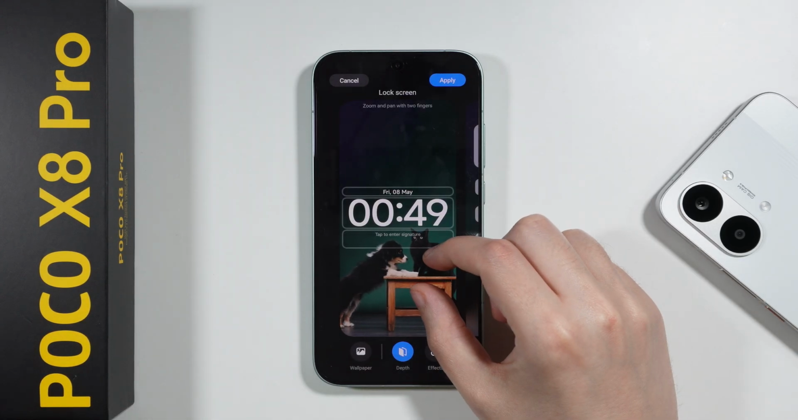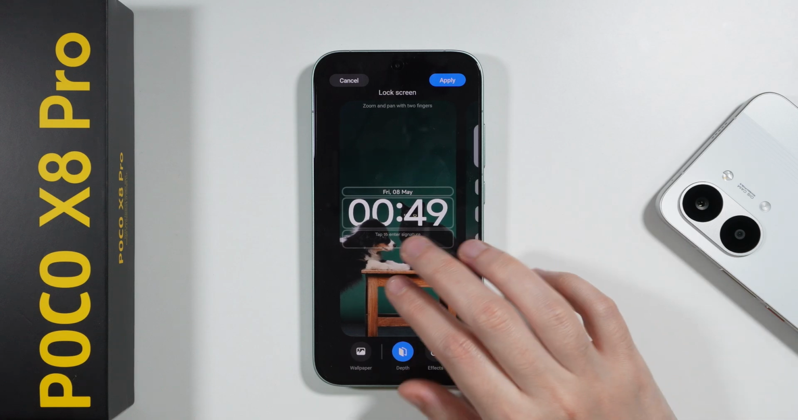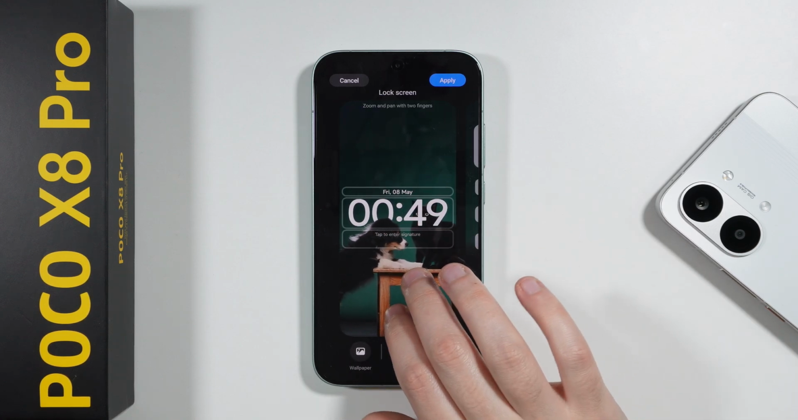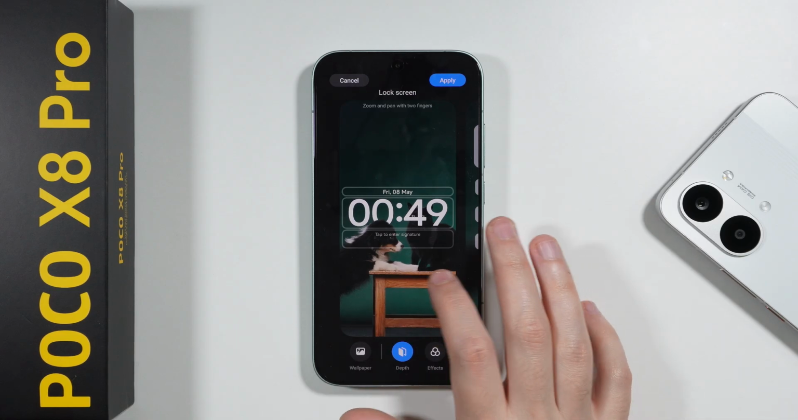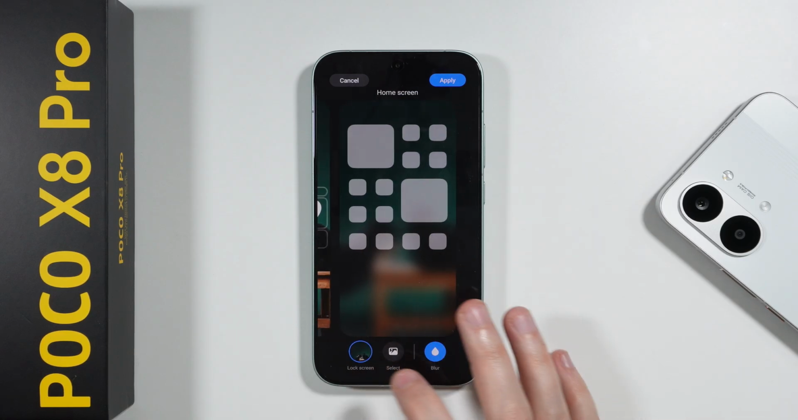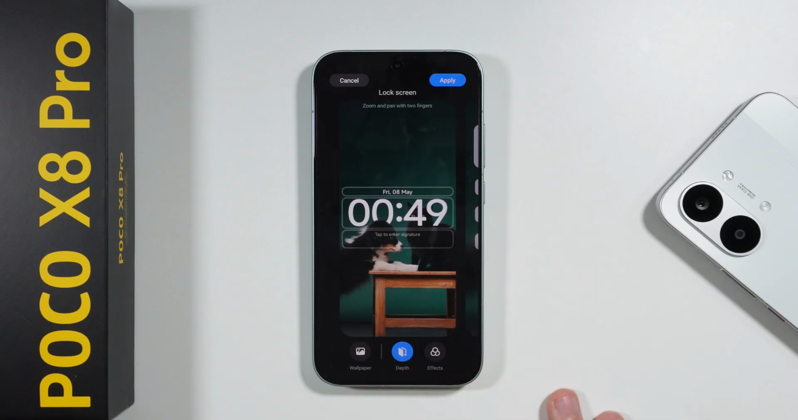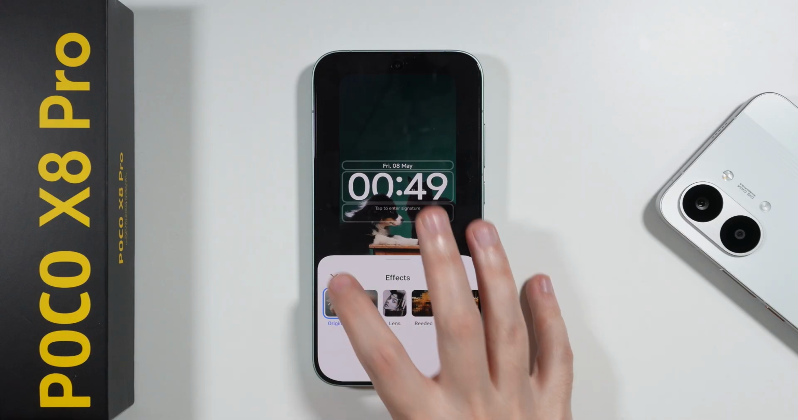You can of course still adjust the wallpaper. You can zoom in and zoom out. Then you can also use two fingers in order to move the wallpaper around. You can also switch to the home screen, of course, if you apply it on both screens, where you can, for example, toggle the blur. For the lock screen, we can toggle the depth effect, and we can also apply one of these available effects